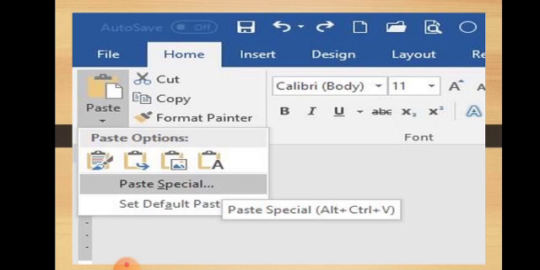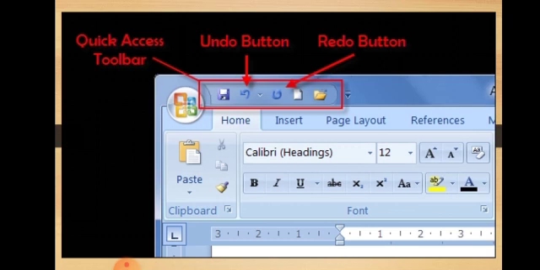To cut, copy and paste, you can also use shortcut keys, that is Control C for copy and Control V for paste. Okay, or you can use the buttons given on the ribbon bar.